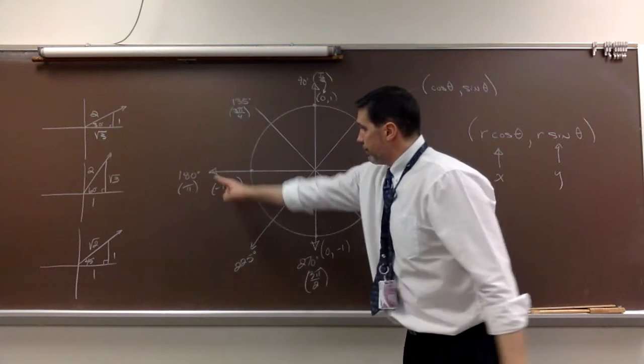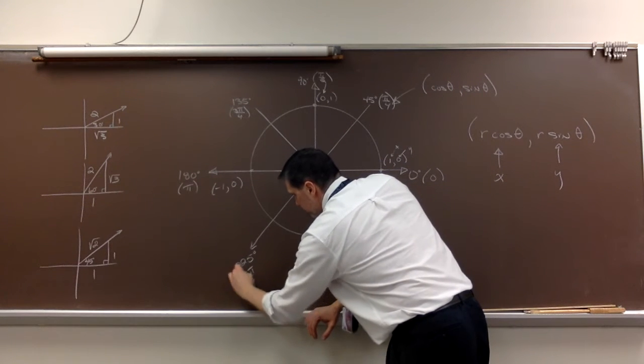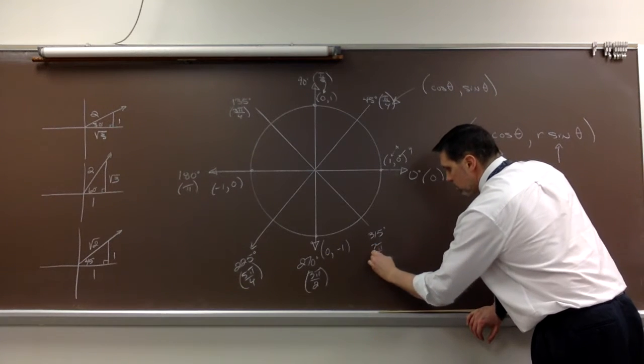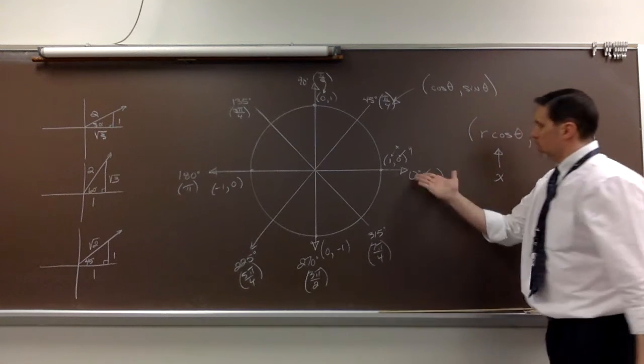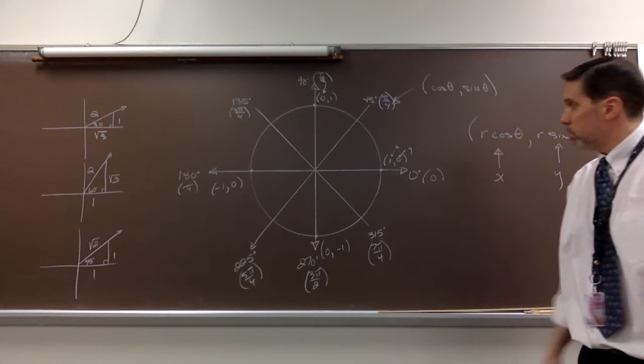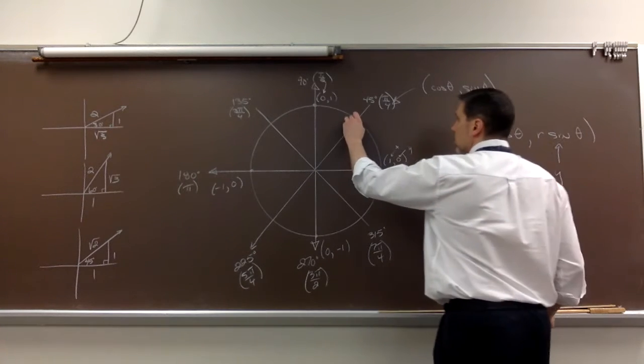3 pi fourths, 4 pi fourths. This is 5 pi fourths, 6 pi fourths, 7 pi fourths. If you talk 8 pi fourths, you're talking 2 pi, which again is 360 degrees, but that's just repeating there. Right, now, as far as the points here,